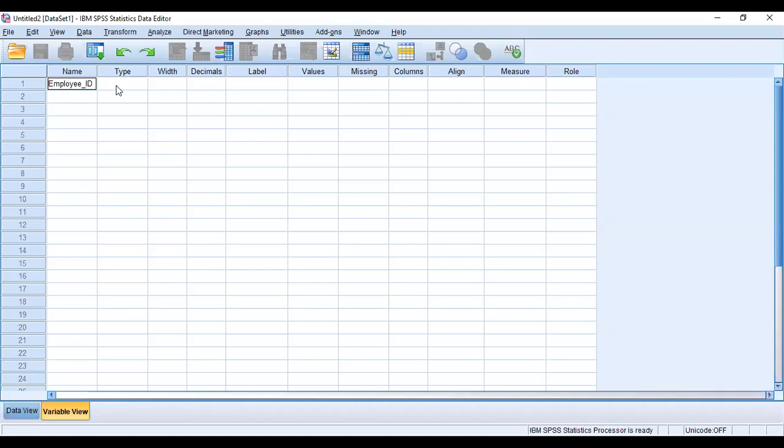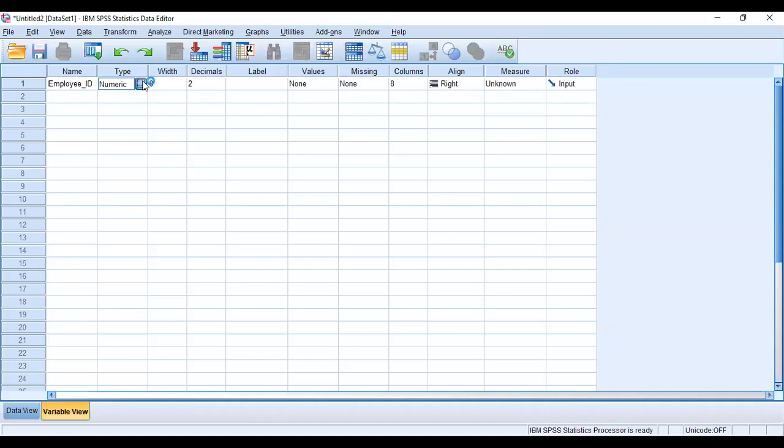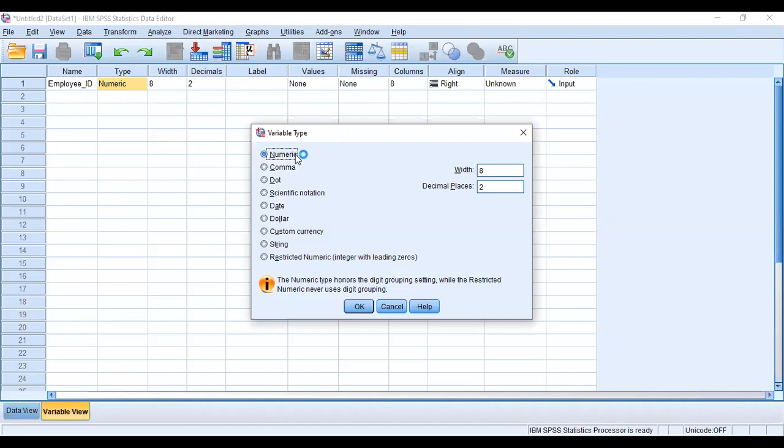First one is employee ID. Next, we need to mention the type of the variable. We have several types of variable: numeric, comma, dot, scientific notation, date, dollar, custom currency, string, restricted numeric, etc. We know an ID number is always a numerical variable, so we define the variable as numeric.